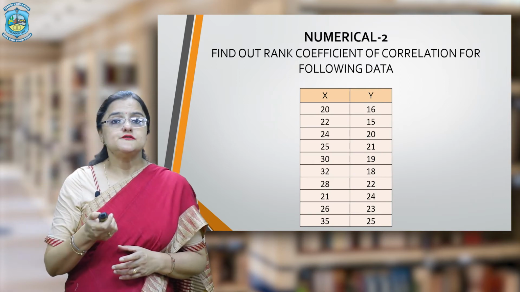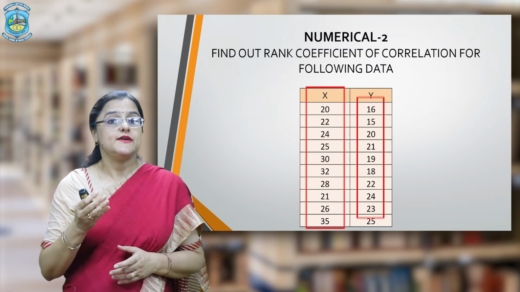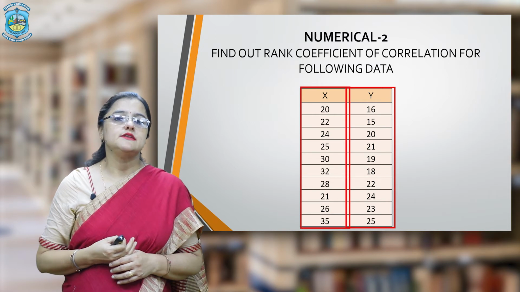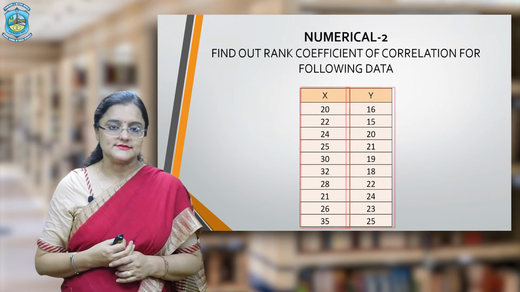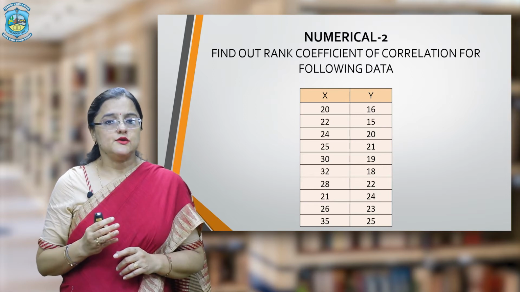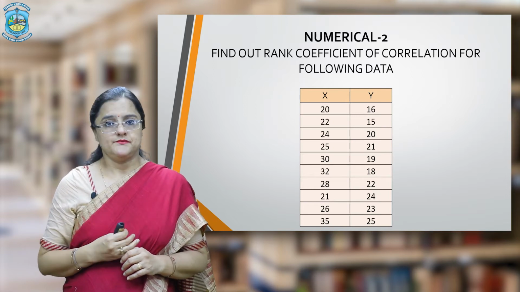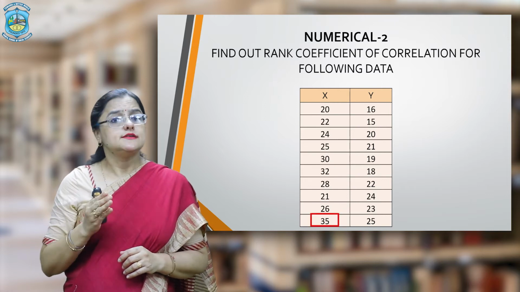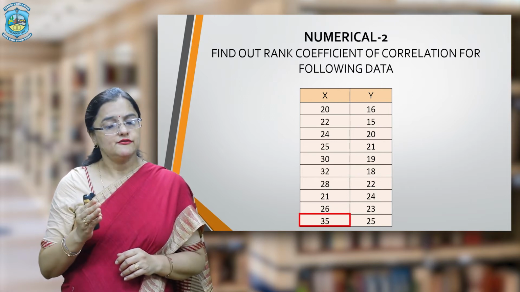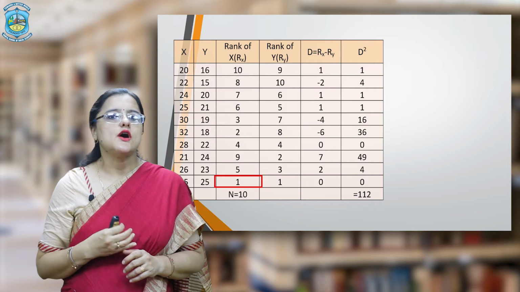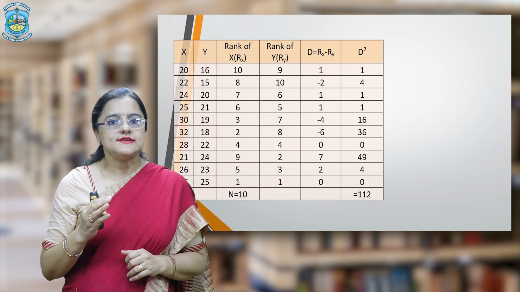So here you have two variables, x and y, and certain valuations are given in a pair of 10 observations. So in this question, you can see 10 pairs of values for variables x and y. And if you observe carefully, in column x, you find 35 as the highest value of variable x. So let's assign rank 1 to this value of variable x and label this column as Rx, which indicates the